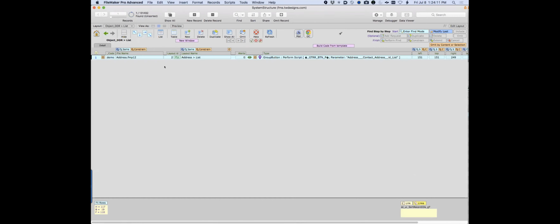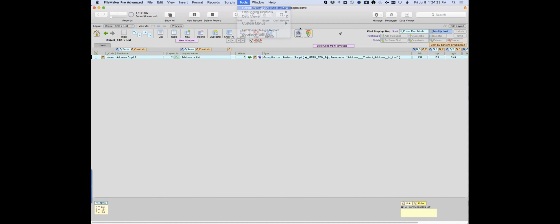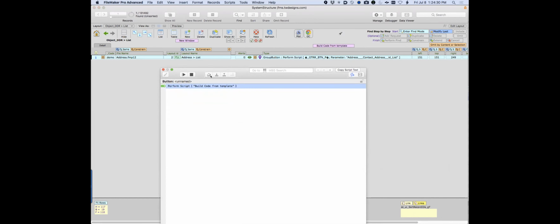Okay, here we go, big demo coming up. So I am going to click this button. This is build code from template, which, as you might imagine, builds code from a template, which we just saw a moment ago. And I click that button. And as a matter of fact, a short script, let's have a peek. Why did the AppleScript thing show up? You might be wondering. The reason is